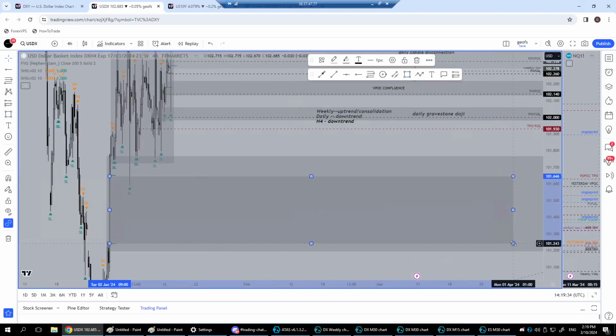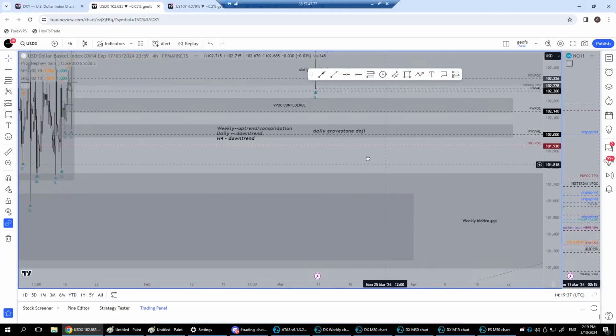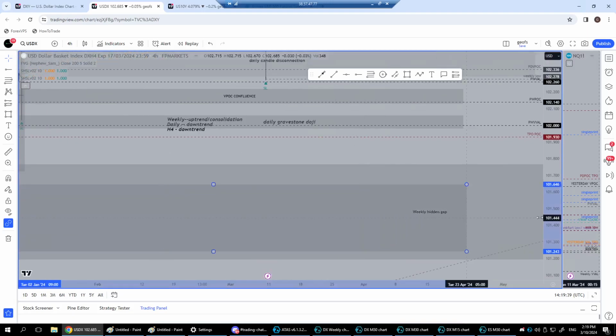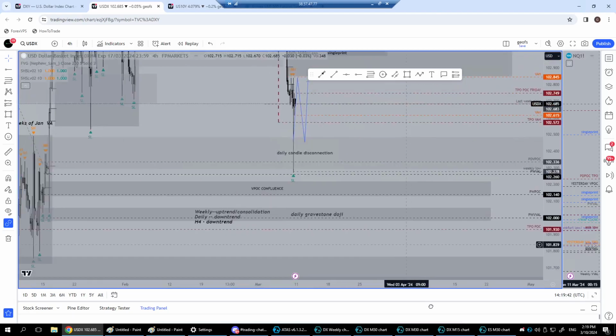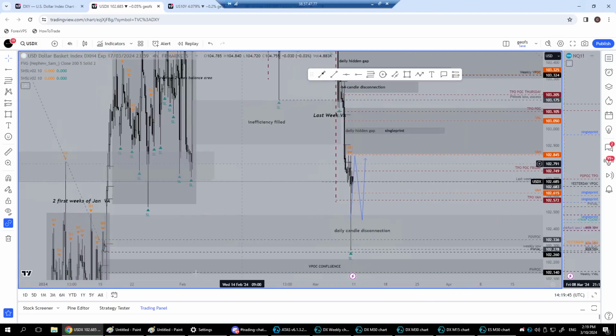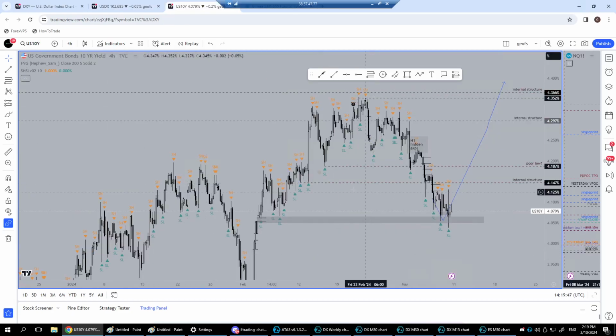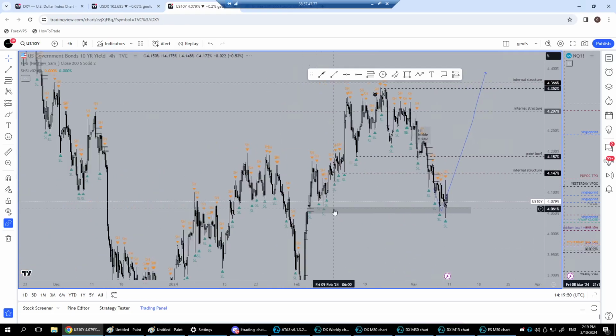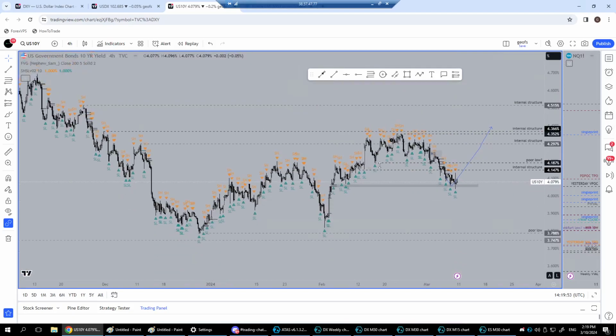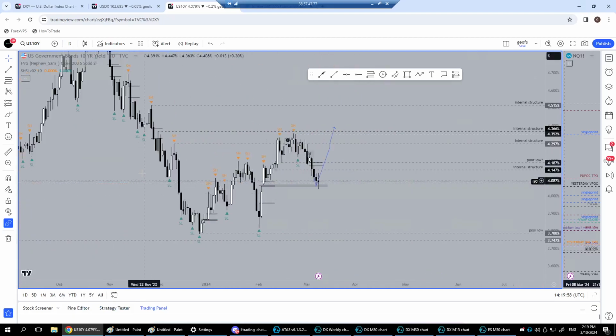I mean, we are on a downtrend on Dixie, although there's a lot of reasons to think there'll be a reversal. Let's not pre-assume. So if you look at US 10-year yields, market structure, why do we look at this? Because the bond market is the largest in the world, i.e. bonds make up the biggest set of assets. So yields affect the dollar, and the dollar in turn affects all the other markets, so we do need to keep an eye on this.